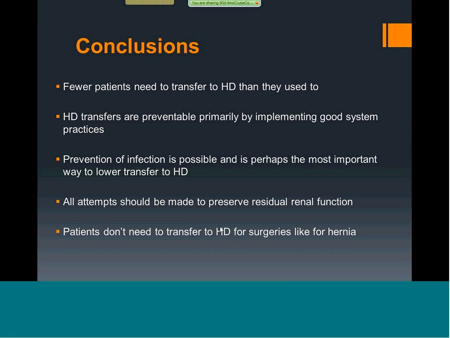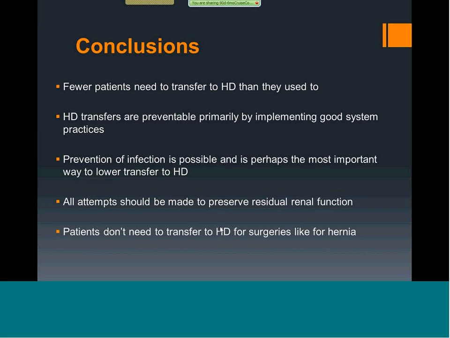I had an email yesterday, for example, from another of my old fellows for a patient who has a pleural effusion, likely hydrothorax, and he was ready to transfer the patient to hemo. And I think that patient as well needs low-volume supine PD for 3 to 4 weeks before you would even determine whether that needs a surgical intervention, but transfer to hemo generally is not necessary.